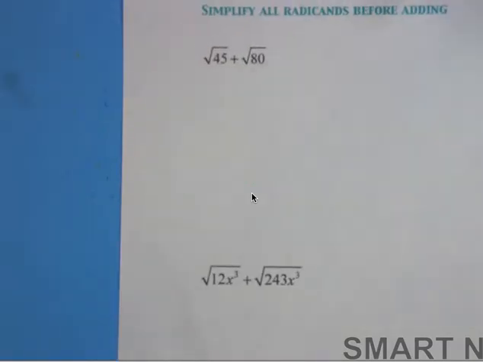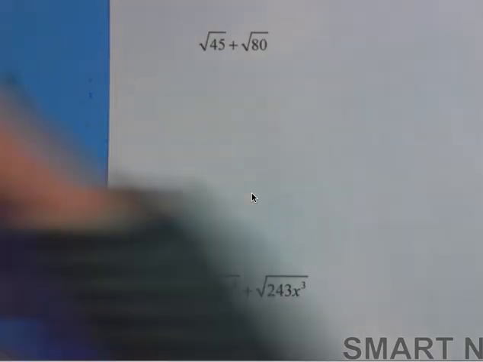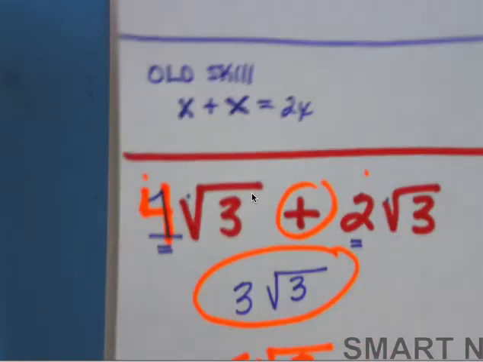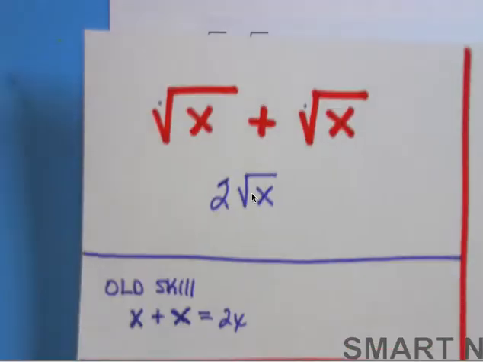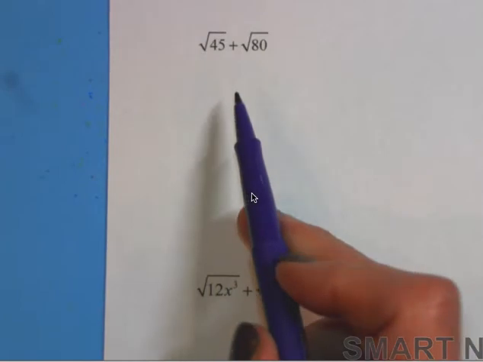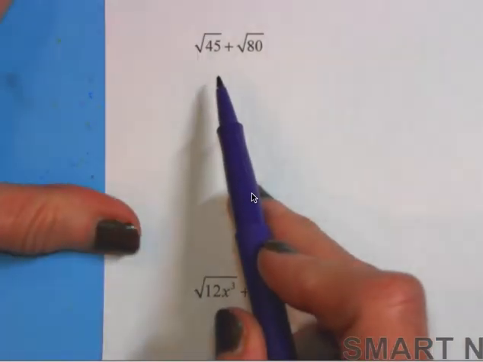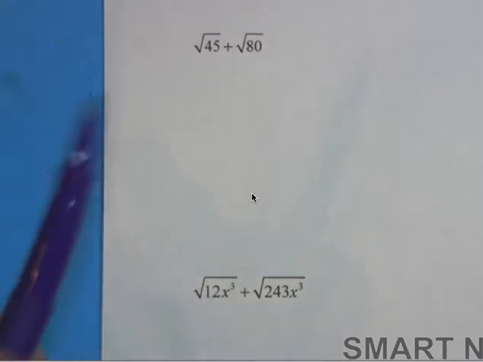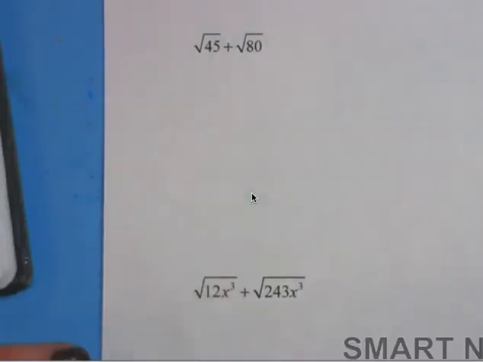All right, let's break these down. The examples that I wrote on my own sheet of paper, all of the expressions already had like radicands. So here I want to do some problems where you don't have like radicands. The first thing you need to do is simplify each expression before you consider whether or not you can add them together. So radical 45